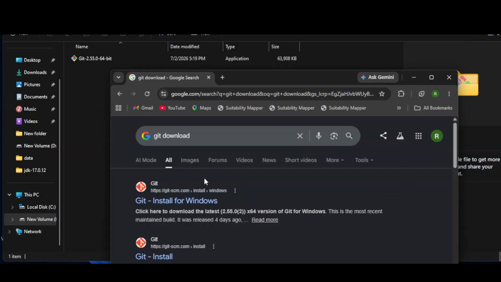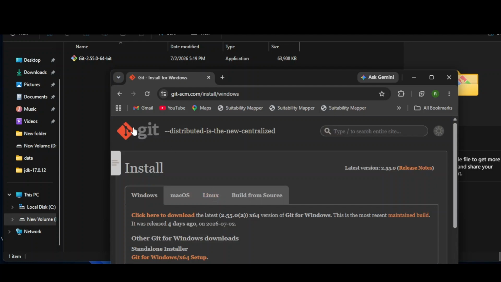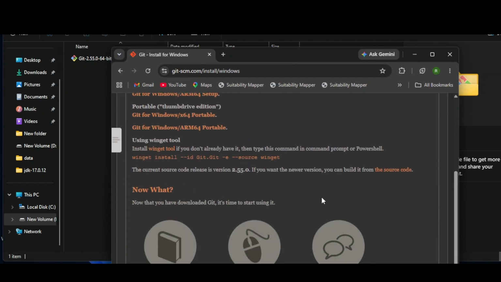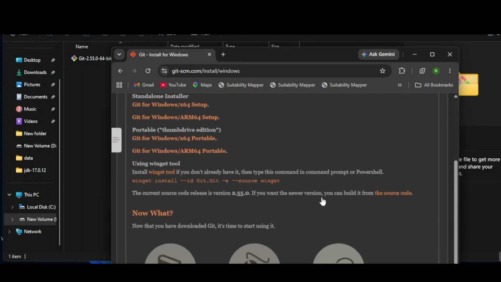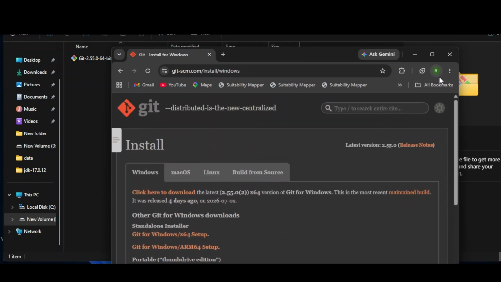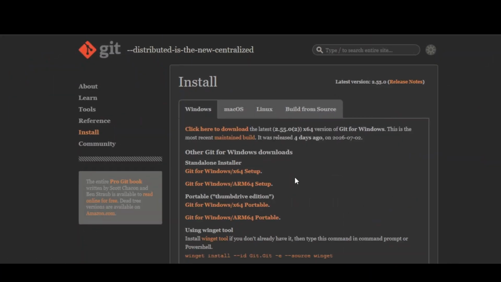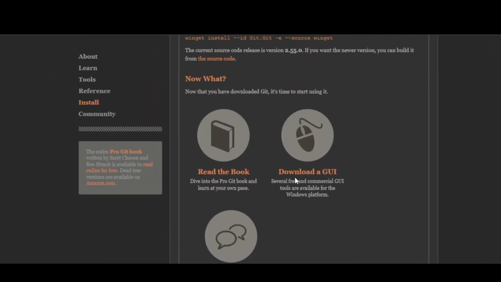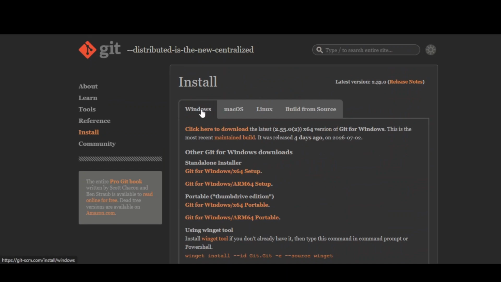So for downloading Git, you need to type Git download in your Google or your default browser. Then you need to go into their official site, which is git-scm.com. This site automatically detects your operating system. So for installing, you need to go for Windows